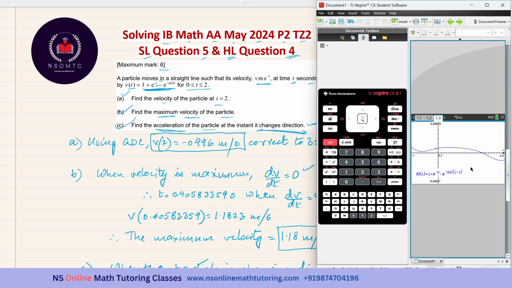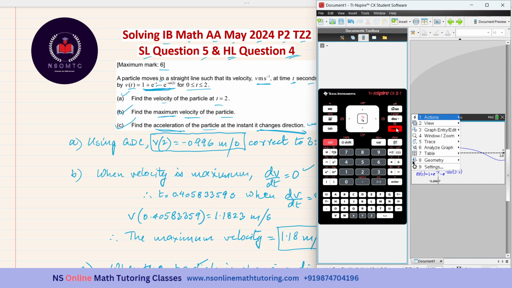Okay, and now we were asked to find the maximum value of the particle. Let me show the subpart E first, how to solve it. When we are using the graph, we can go to menu and then number 5 trace and then number 1 graph trace, and it is when t equal to 2. So I am just entering this 2 and see x equal to 2 has come, and enter, and it is negative 0.996, the value that we have got. So this is the answer for the subpart E that you can get graphically.